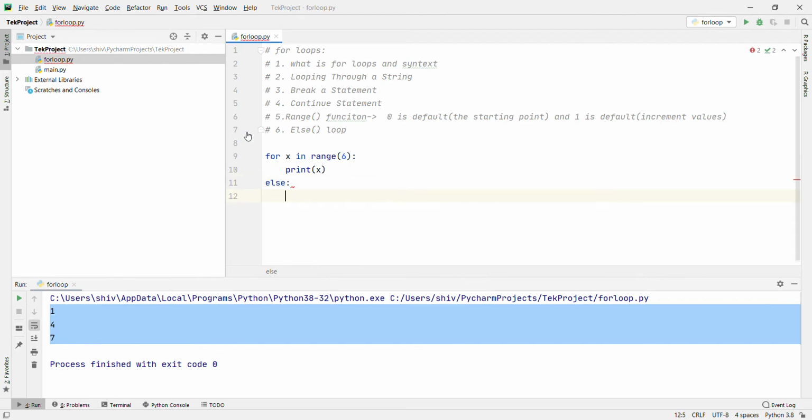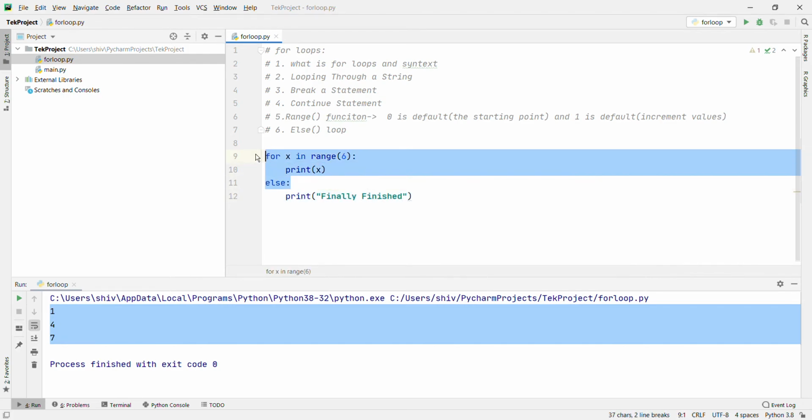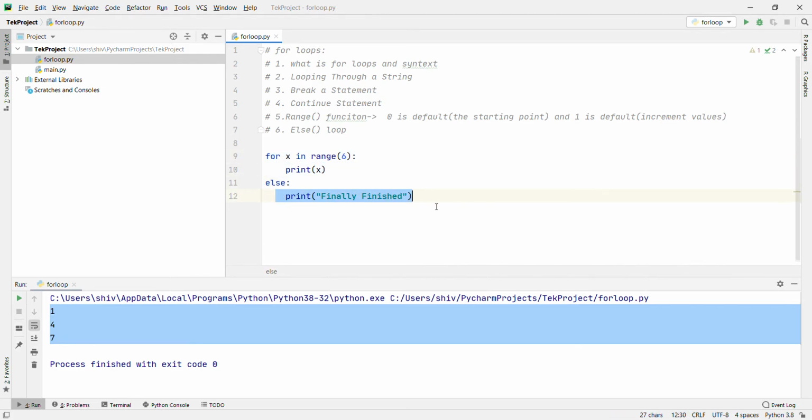Then print "finally finished". What will it print? First it will range from 0 to 5, and when the loop ends, it will print "finally finished".